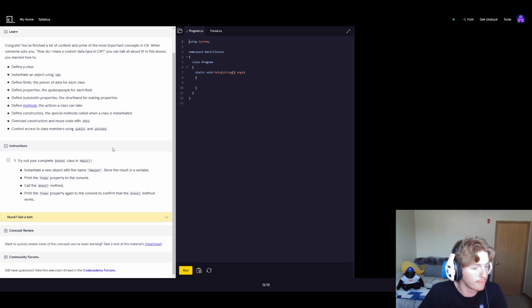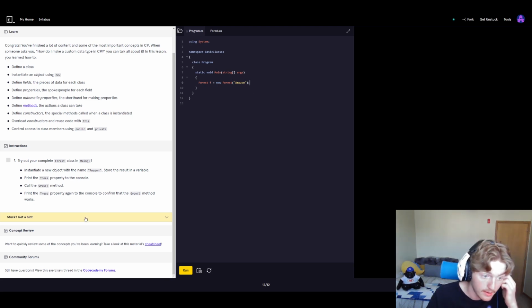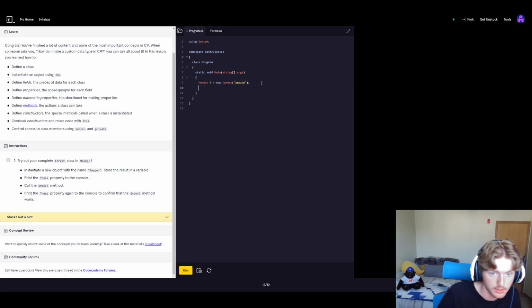Try to complete our forest class in main. So we are going to print trees. Instantiate a new object named Amazon, store the result in a variable. So we'll do this by doing forest f is equal to new forest object with the name Amazon. We've created that. Let's print trees property to the console. So if we do a console.writeLine and we print f.trees to the console,